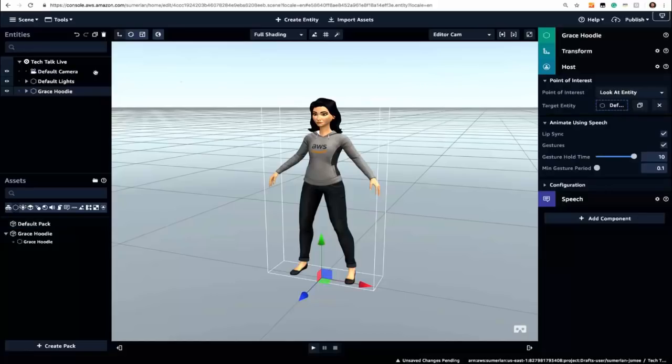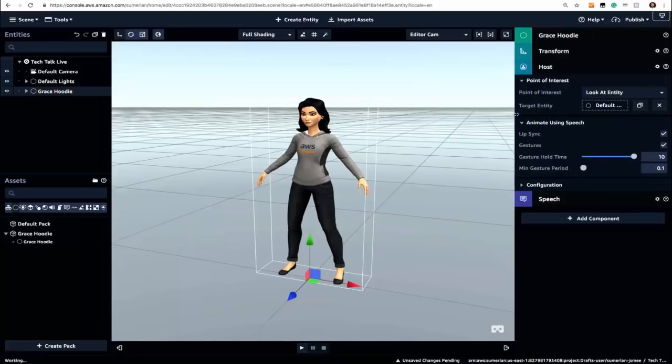So let me drag the default camera over into this target entity drop input. Let me expand that a little bit more so we can see it. And now, because her point of interest is set to the default camera, when I press play,